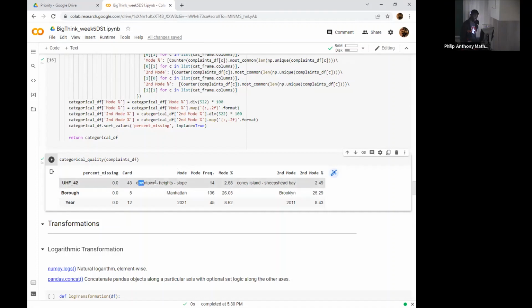And so again, we see that Downtown Heights-Slope has the plurality of rows within that category of UHF 42 neighborhoods. Second place comes in with Sheepshead Bay. But you do notice that the mode percent is 2.68 and over here is 2.48. So these aren't strong majorities of our data set. It does seem like our data set is fairly distributed in the amount of individual categories within UHF